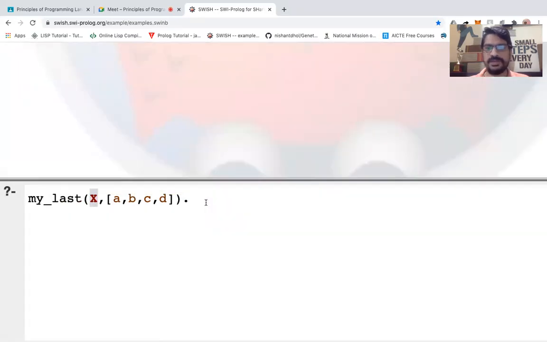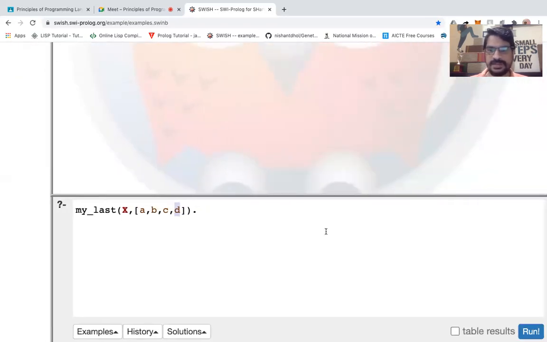In the variable, my last element will come, and this you pick up as a list L. In the list L, we have to pick up the last element. So it is underscore, then a pipe operator and L written. So in L, actually D will be assigned, and that D we are picking up and putting into the X variable.